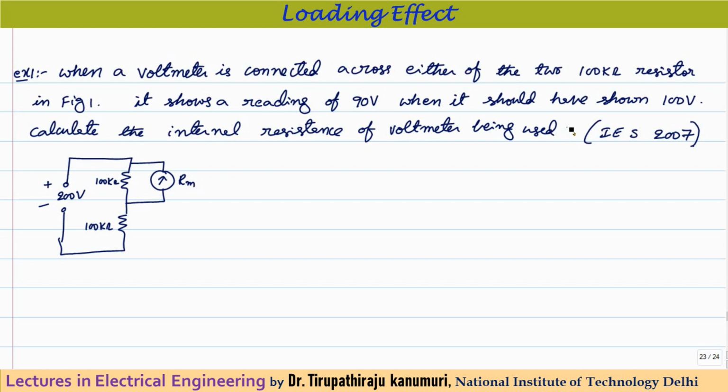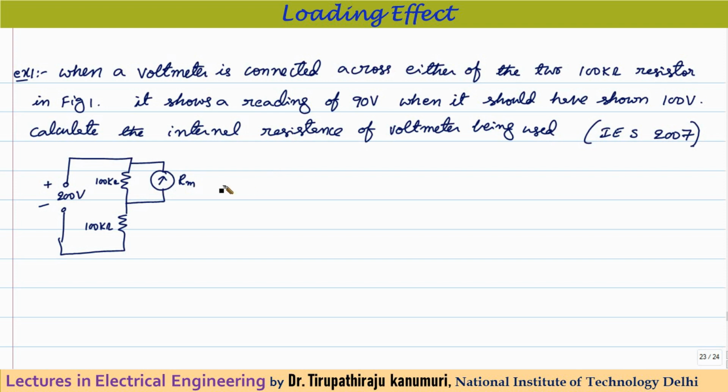Along with this, some more theory is also given there. It is asked why this is happening. Please explain the reason why the voltage measured is less than the actual value. That means you have to explain what the loading effect due to the instrument is. The complete theory and derivations of loading effect we have already seen in our last lecture, so let us only see the numerical part in today's lecture.